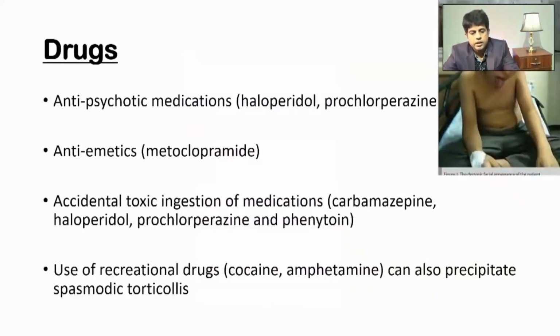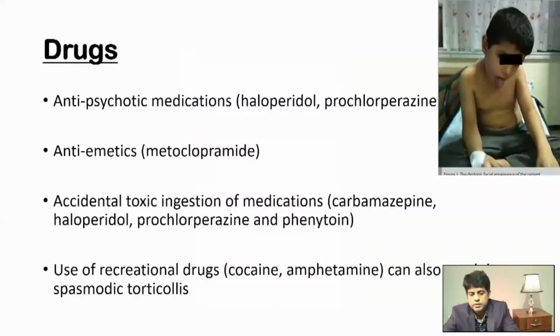So let's look at what drugs can result in torticollis in a child. There are several classes of drugs that can present with acute dystonic reactions and torticollis. For example, antipsychotic medications like haloperidol and chlorpromazine, antiemetics like metoclopramide, and accidental toxic ingestions of medications like carbamazepine, haloperidol, chlorpromazine, and phenytoin. So it is very important to take a drug history when a child presents with an acute